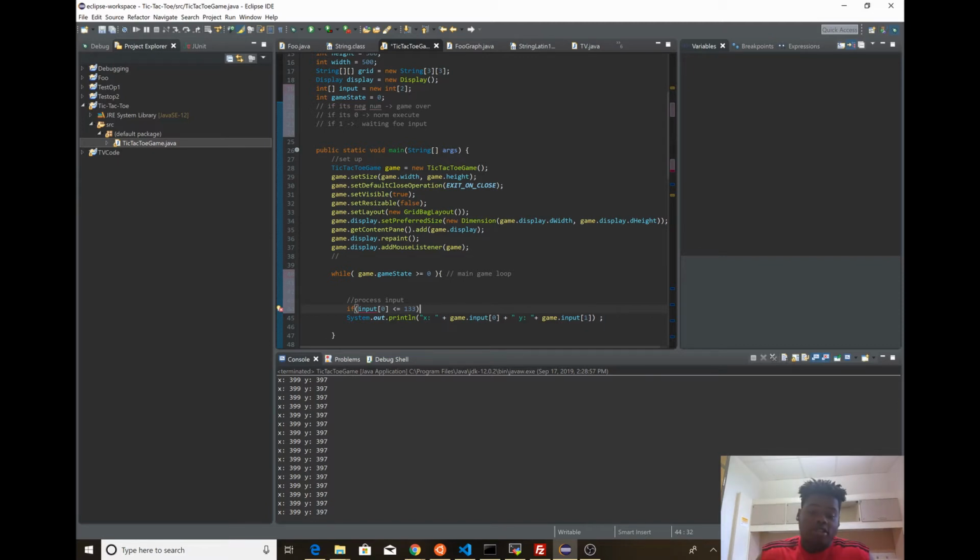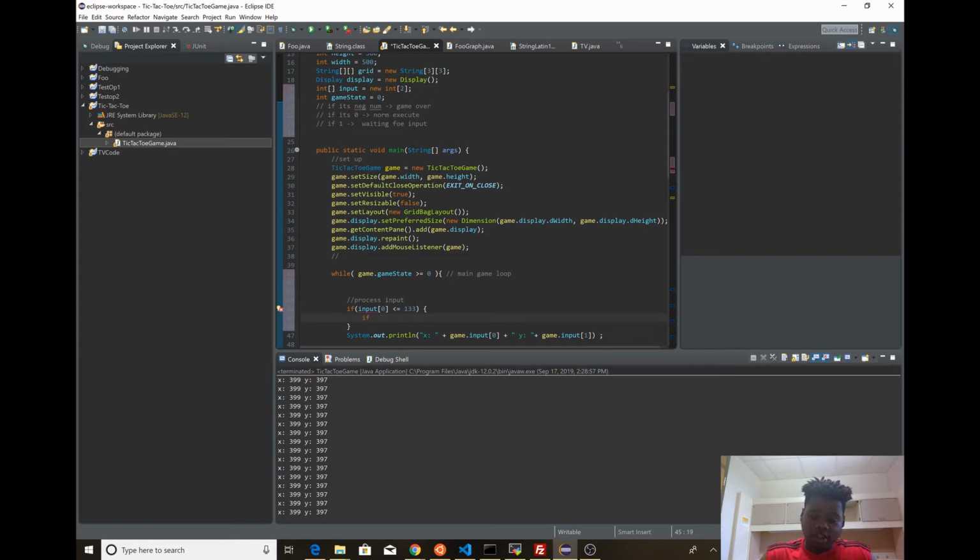So we're just going to say if it's less than or equal to 133. Can it be negative? I wonder if it registers if it's outside. I don't think it does. I hope it doesn't. But yeah, if the input is less than or equal to 133,